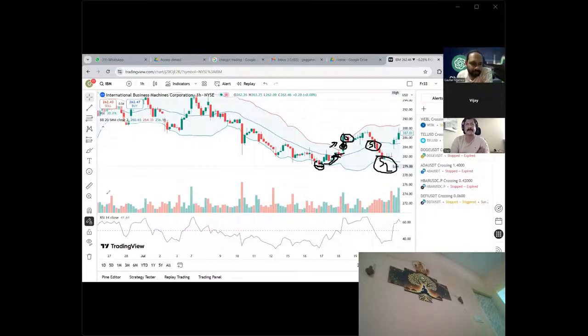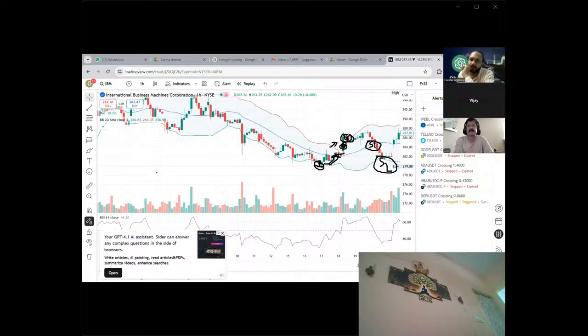And here we don't need to see the hammer or any other candle, right? Whatever setup you are using, you can apply all your knowledge in one setup. If you apply all your knowledge in one setup, then you will get good accuracy. If you see a hammer at the support, that means the accuracy of the trade will be more. Double confirmation. And same thing, if you see a hammer at the top, the accuracy will be more. You can get a double confirmation.